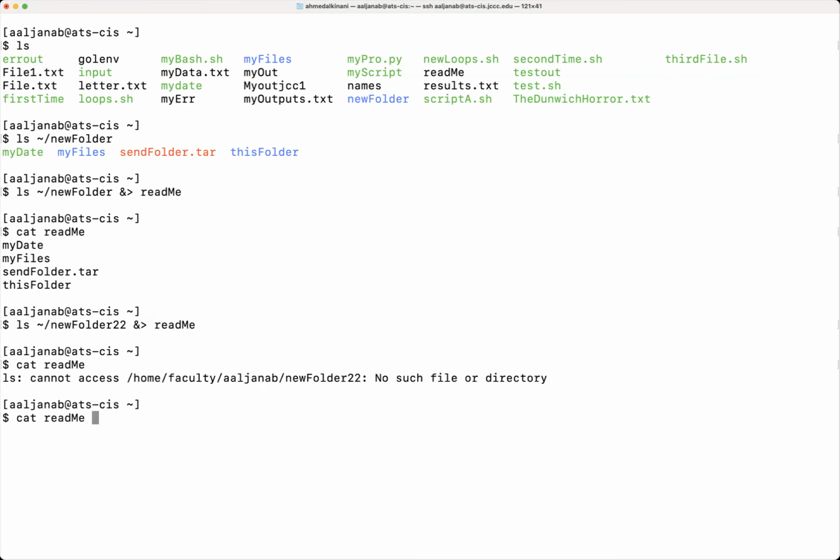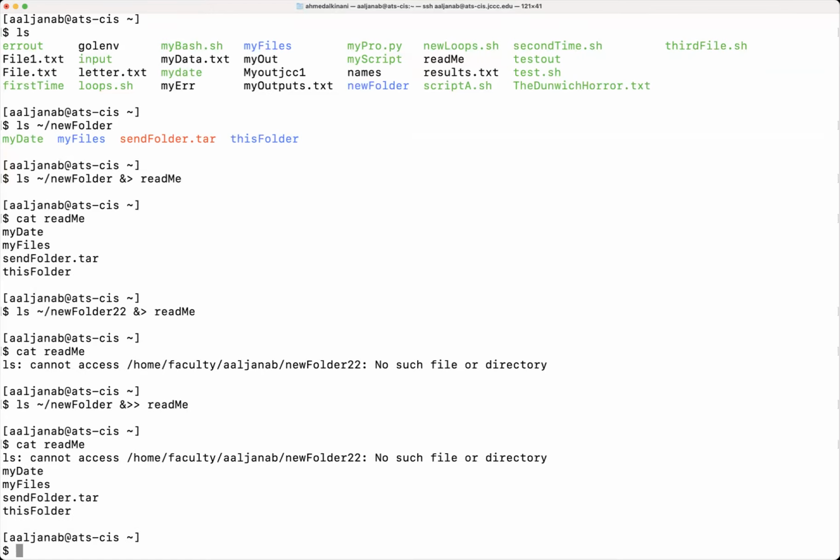And let me show you another option that we have. I can actually append and add results to the existing file. So instead of erasing whatever content we have in the file, we can just add to it. Previously, README contained the error message. Now I fixed the problem and I said, show me the content of that new folder. And now if you see here, it's showing me the error message plus the actual files and folders that we have inside that directory. So all of this, again, is just refreshment for what we covered.